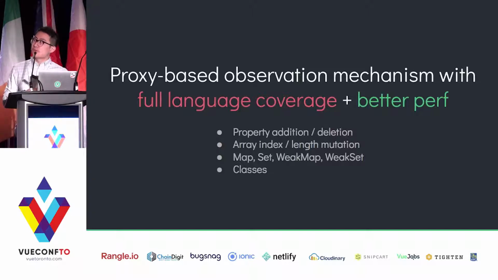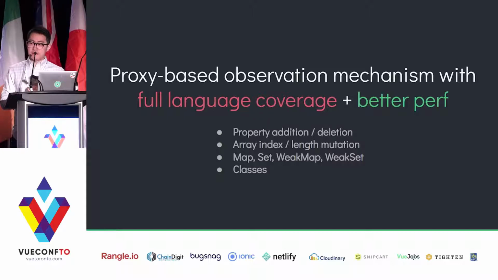So we want to take advantage of that, and we explored the opportunity of using ES2015 proxies to re-implement our observation mechanism. And the result is actually fantastic. We get full language coverage, which means we're getting rid of a bunch of caveats in the current Vue change detection system. Adding new properties, deleting properties, setting an array index, mutating an array's length, and even support for Map, Set, and WeakSet are all possible using proxies and are already implemented. You can even use a class as an observable. And it also results in much better performance